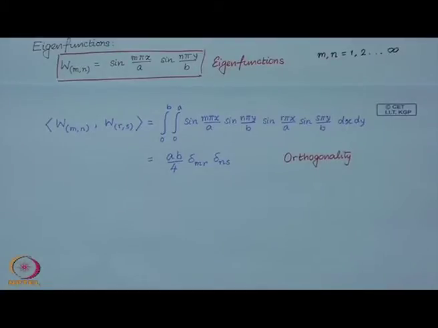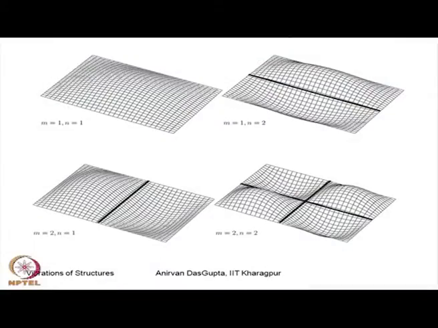Now, before we move on, let us have a look at some of these eigenfunctions. Here I have plotted 4. So, this is the fundamental, which is with m equal to 1 and n equal to 1. So, there are no nodal curves in this mode. Here this is m equals 1 and n equals 2. So, there are 2 lobes here. m is for this direction, n is for this direction. So, we have one nodal line